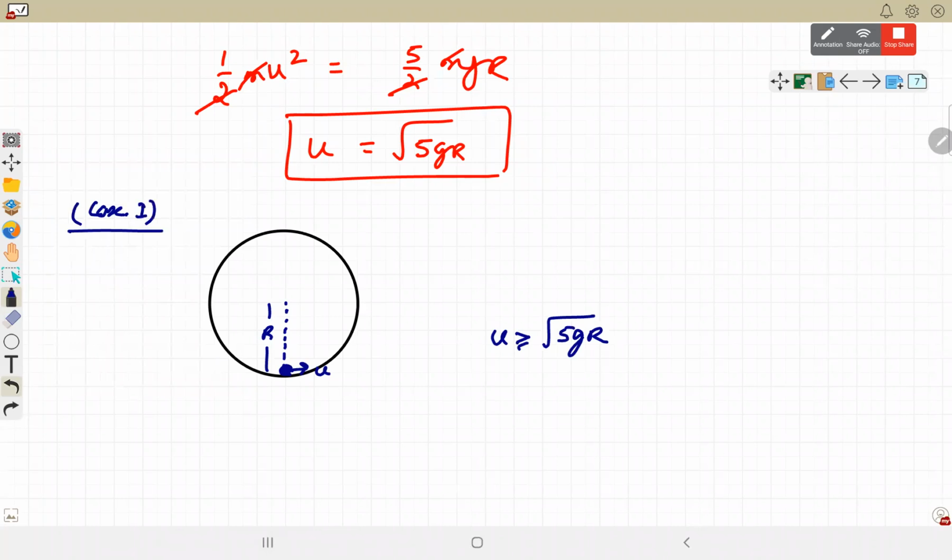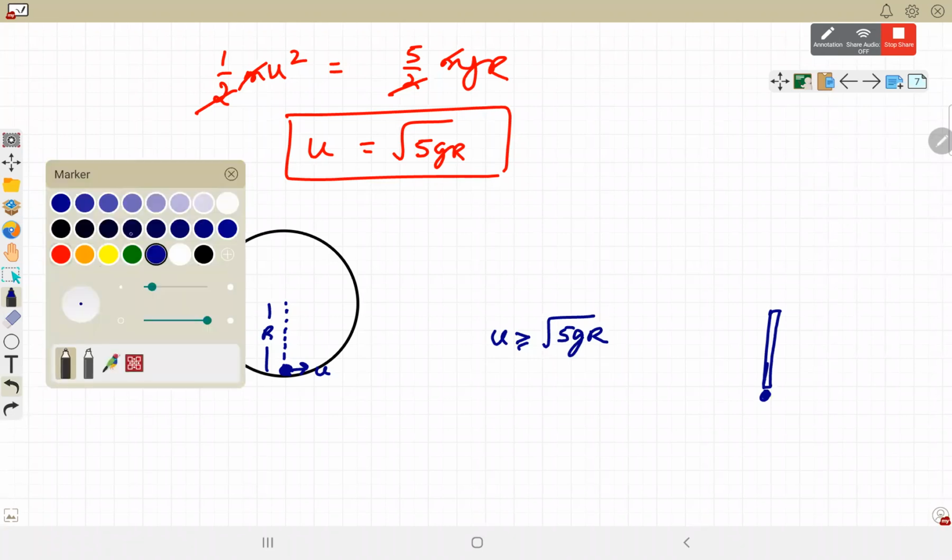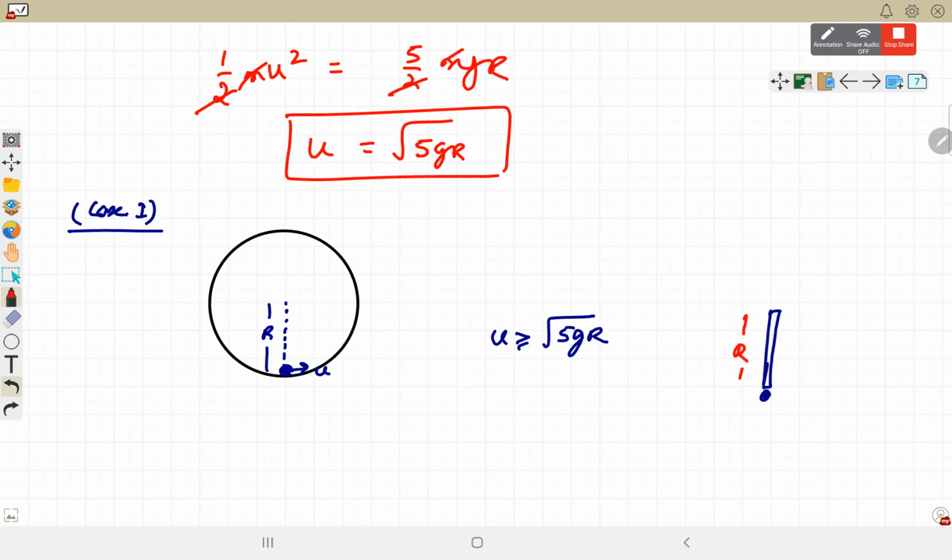But suppose it is a particle attached to a massless rod, not to a string. In the cases we were doing, there was a string, or in the second case the ball on the inner surface of a sphere. Now we are talking about a massless rod of the same length, maybe r, hinged at one end, and at the other end we have put a ball, which is maybe welded. Now what should be the minimum speed provided so that it can complete the circle? That we have to calculate.